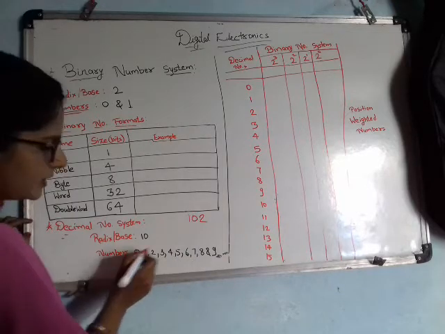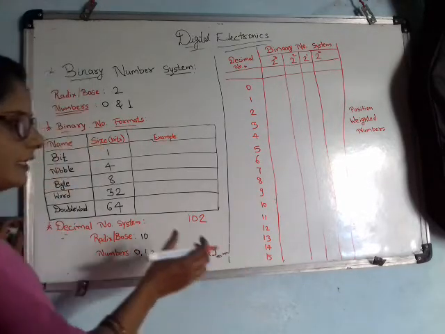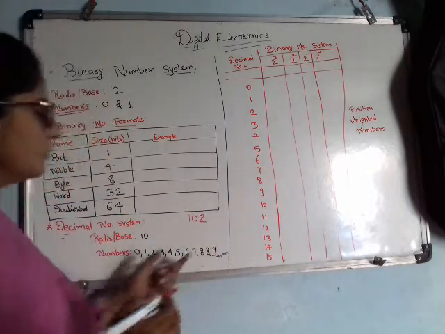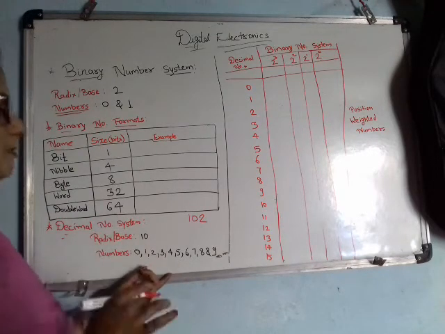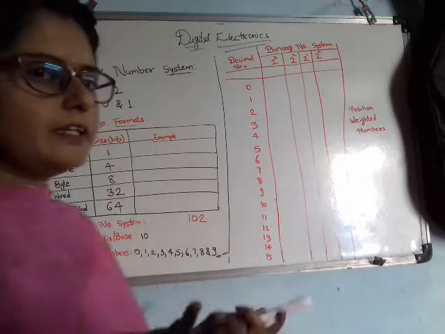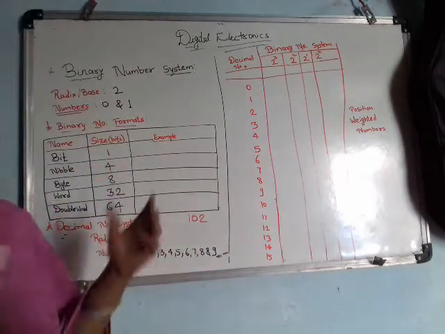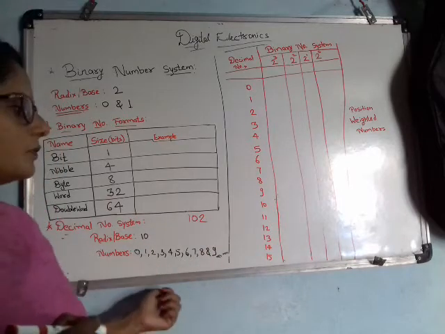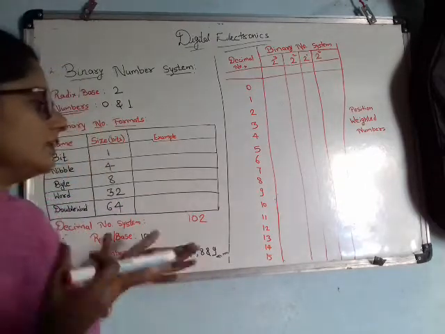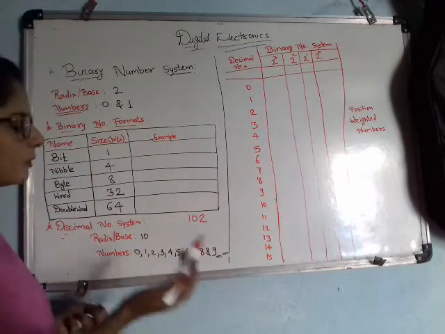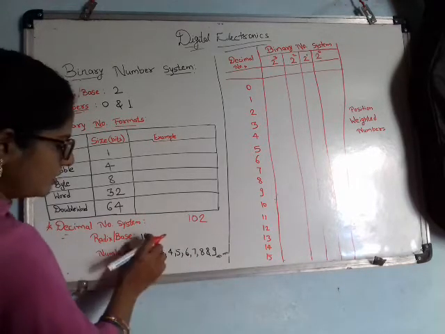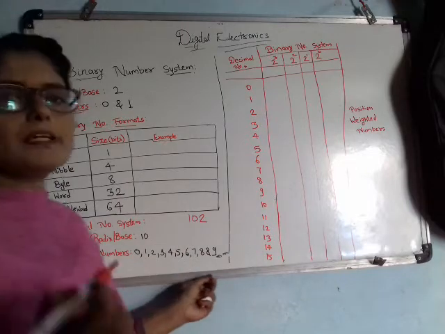After the number 9, if you want to write a number greater than 9, then we have to use a combination of the previous numbers. For example, suppose we want to write the number 10. Then we simply use the combination of 1 and 0. If we want to write 11, 12, 13, 14, we again write a combination of the previous numbers, that is, the numbers from 0 to 9.